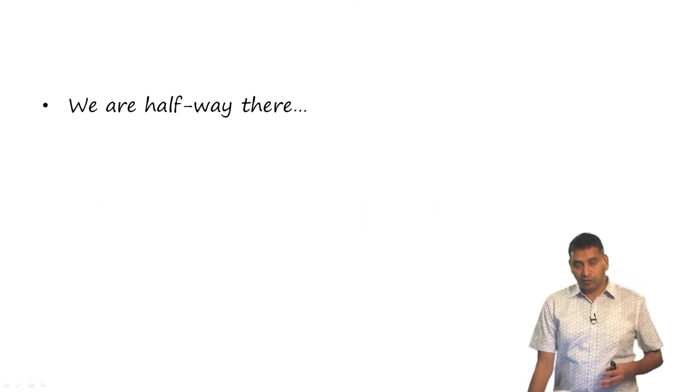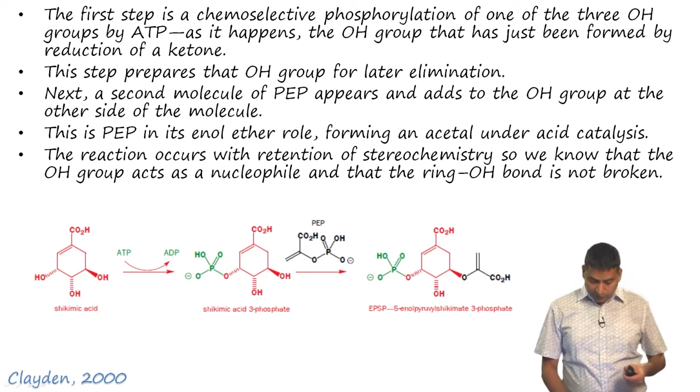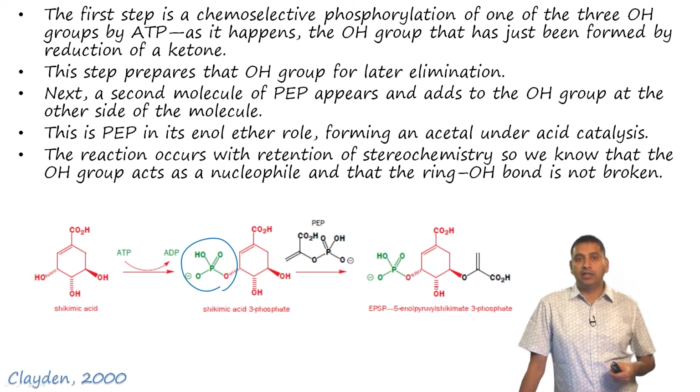Of course, we are here only halfway and we have another half to carry out. Here, the first step is a chemoselective phosphorylation of one of the 3 hydroxyl groups by ATP. As it happens, it is the hydroxyl group that has just been formed by reduction of the ketone. So, the first step here is the phosphorylation over here, and this step prepares the hydroxyl group for a later